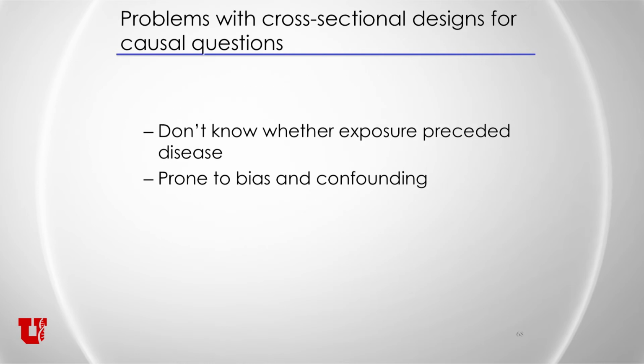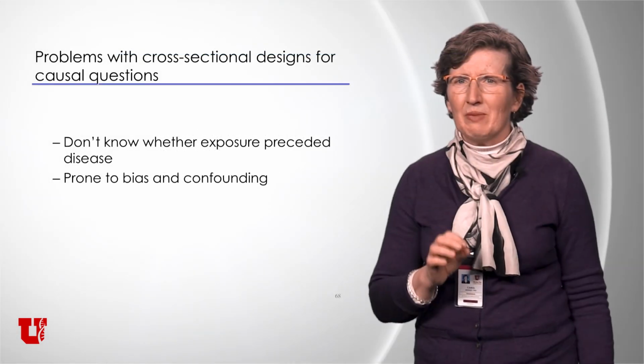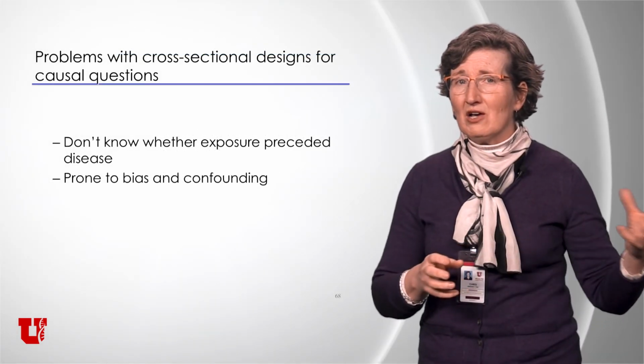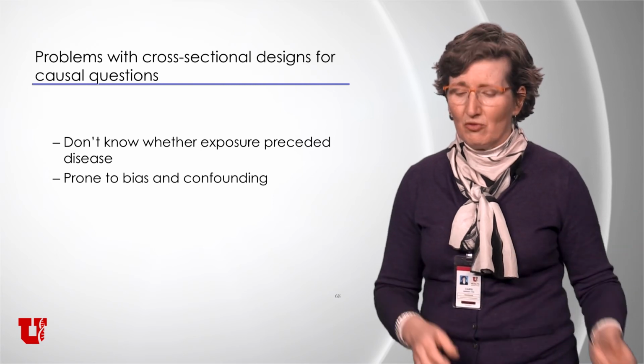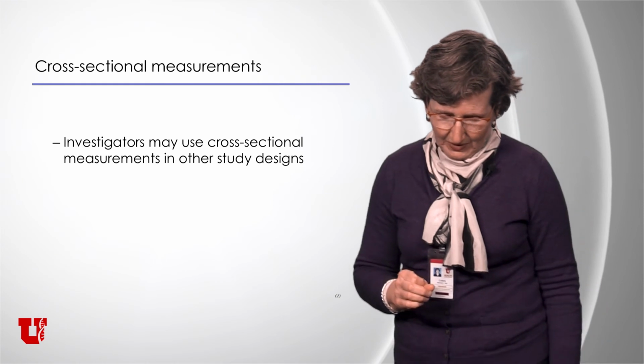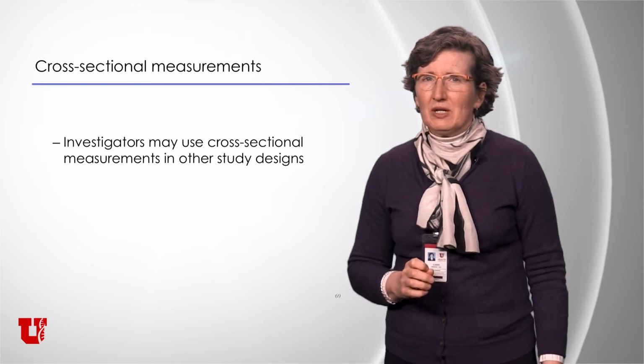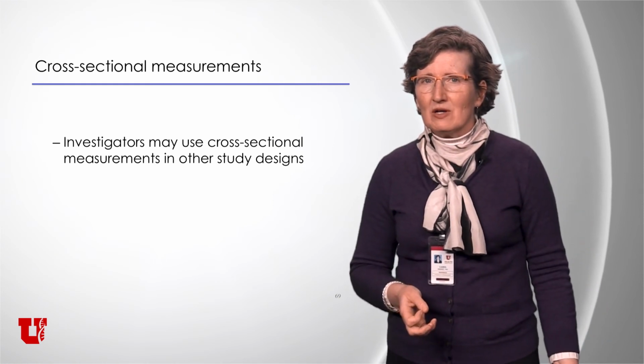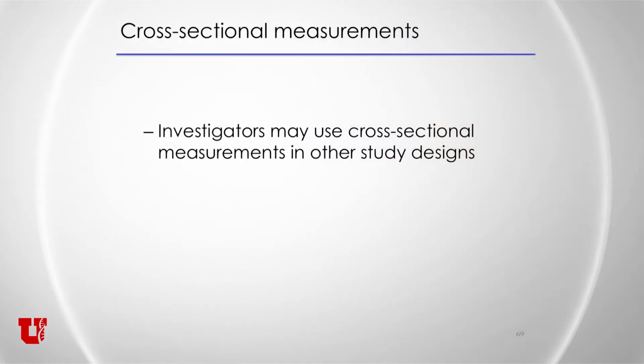The problem with cross-sectional designs for causal questions is you don't know whether exposure preceded disease, and they may be prone to bias and confounding, especially bias of people who may have been lost from the theoretical population before the study was even done. So a selection bias issue. That's really all I'm going to say about cross-sectional designs, except this last thing,